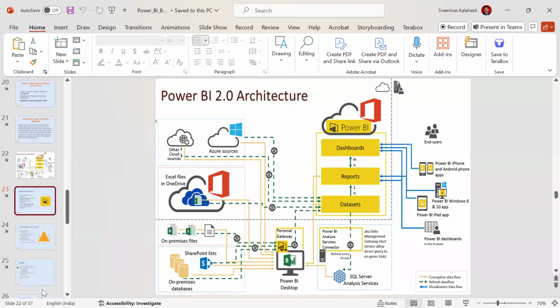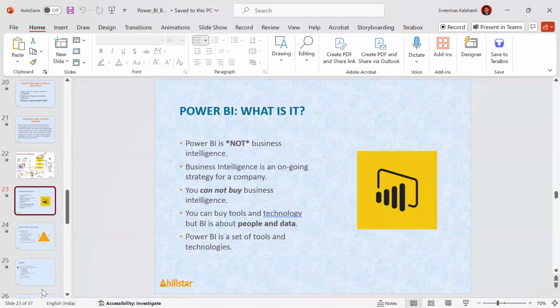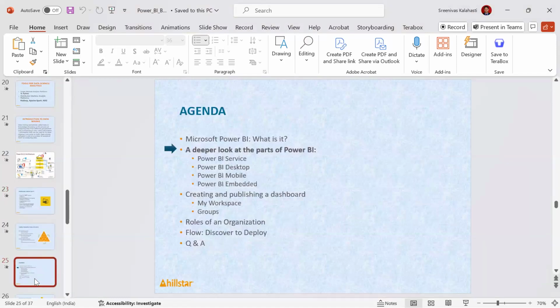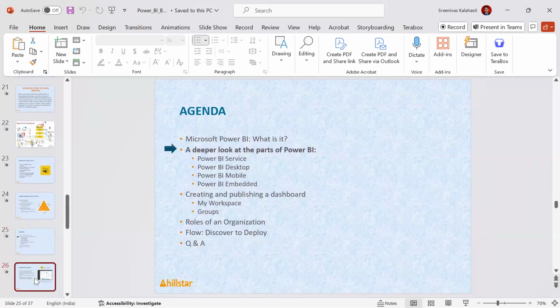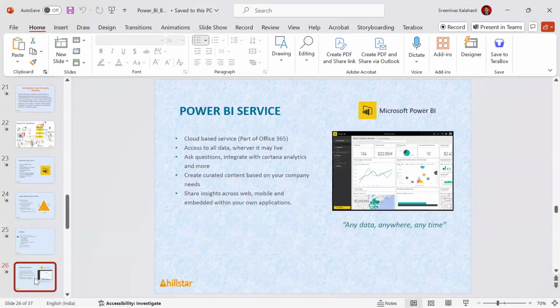Then what are the different components that Power BI has? There are different components available. The first and foremost thing is Power BI desktop. The first one is Power BI service, which is basically in the cloud, where you can access